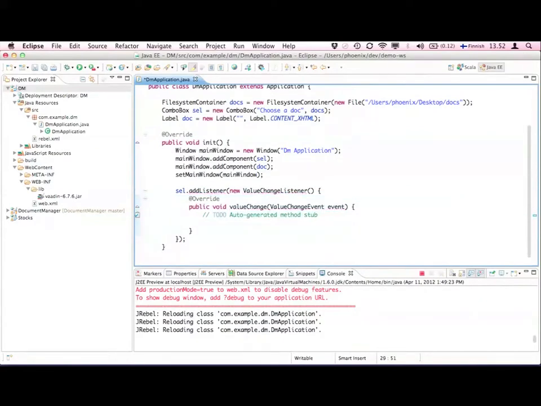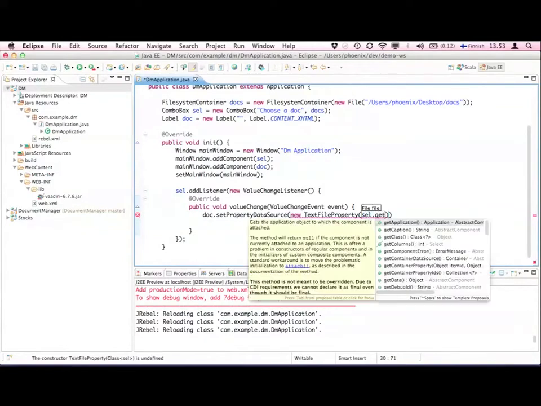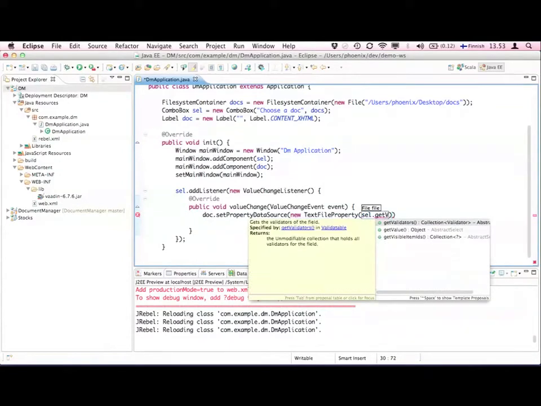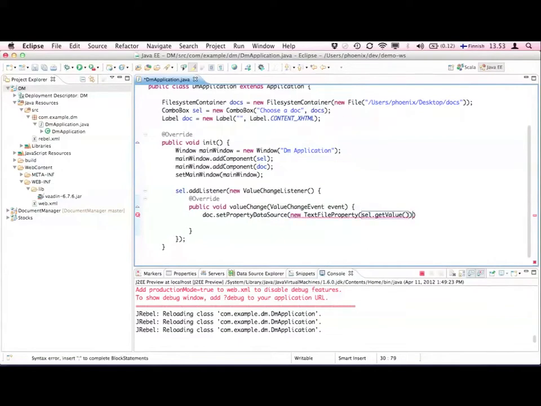So let's see. Our label is called doc, and we set a data source for it. And the data source could be just a text file. So let's create the text file here. And the text file, we get that from the selector. So we get selector, get the value. This is just a file typed object